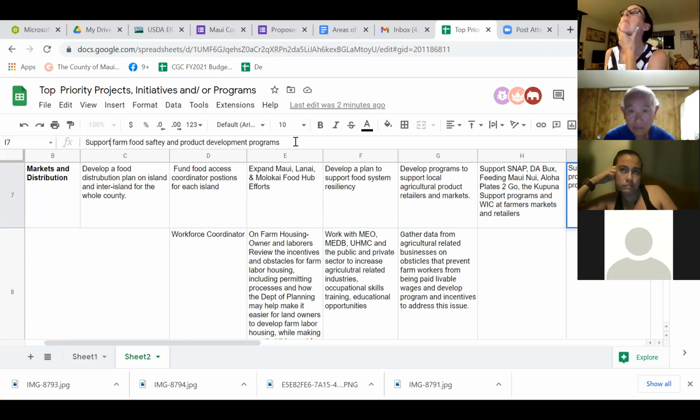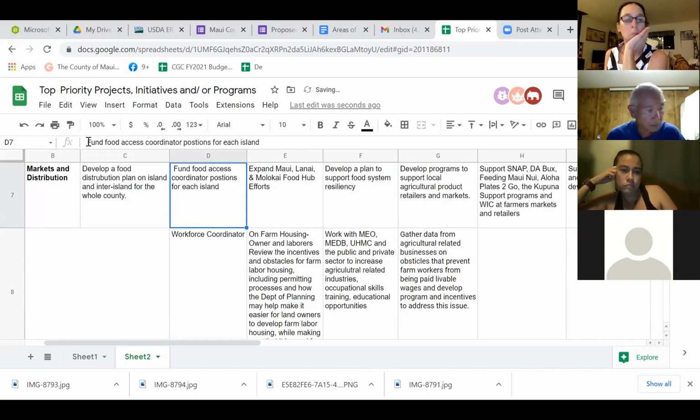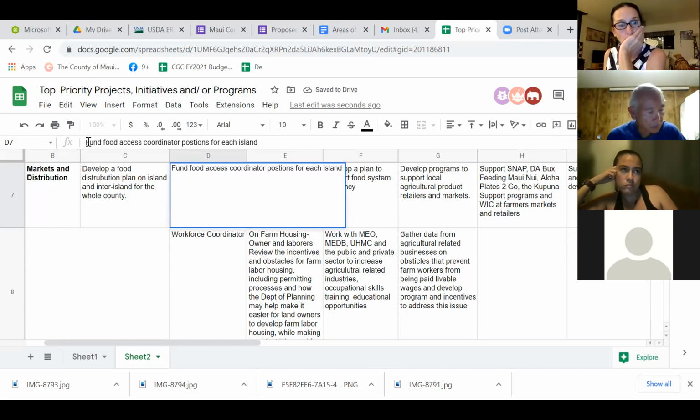I'm still not sure where you want to go with this. There's a lot of activities through the university, through MEO, through MEDB already in the works. What additional are you looking at? Well, we have thousands of different things that grow here on the island and each can be made into products. Is that something that you feel like your program could handle, or do you think there should be additional programs to start developing those industries?